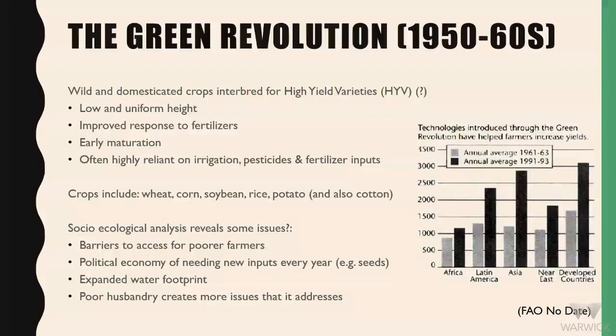So a lot of these crops required a lot more water, so suddenly we get a huge expansion of water footprints. And also, just because you have the technology doesn't mean you as an individual can use it effectively. So in a lot of cases, these technologies were made available to people who were unable to use them in the most effective way. So this was a kind of less than ideal outcome. And obviously the key point here is the way that it sort of creates a step change in human modification of the ecological system.